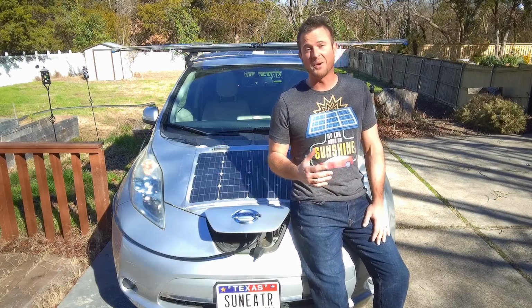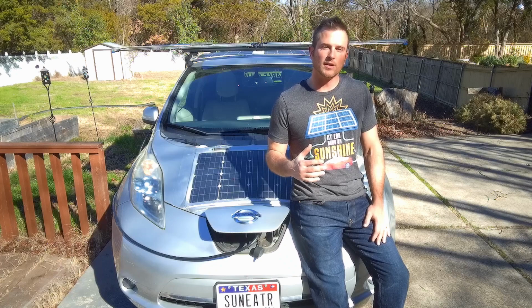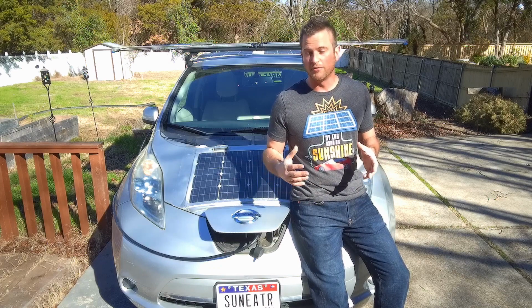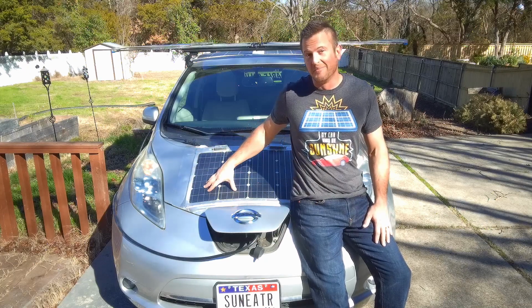Today we're going to talk about how adding solar onto a battery electric vehicle can actually make the battery last longer. Not just give the vehicle more range, but make the battery inside the vehicle last longer. But before we can do that, we need to talk about what it's like to drive an old Leaf during